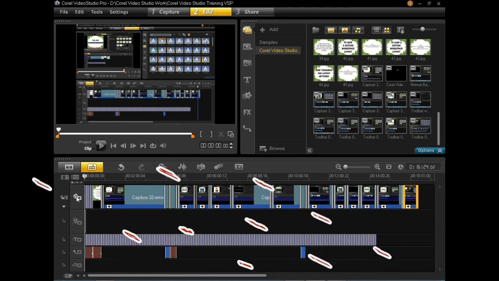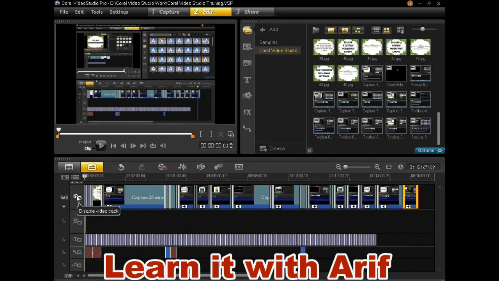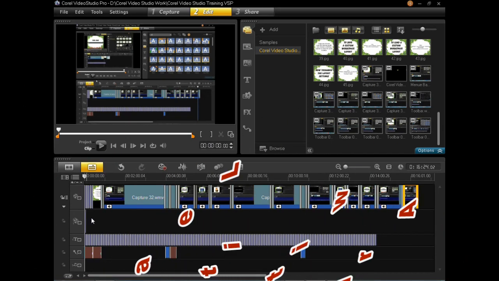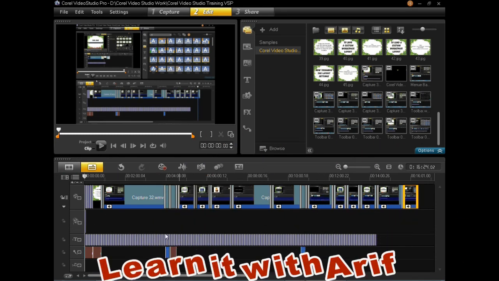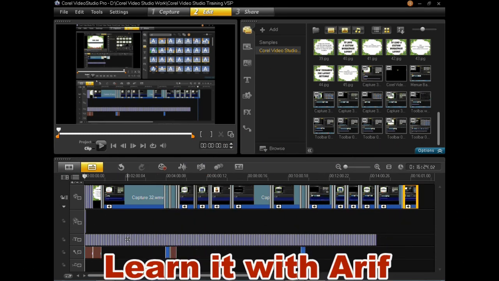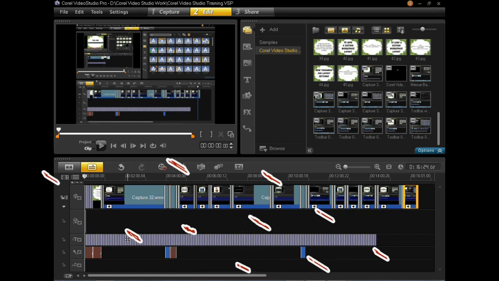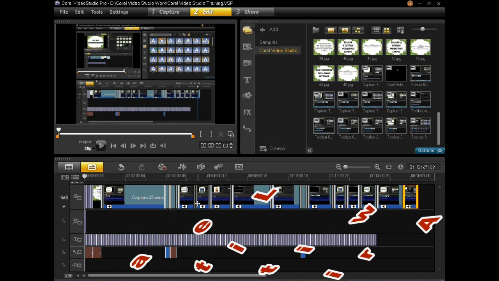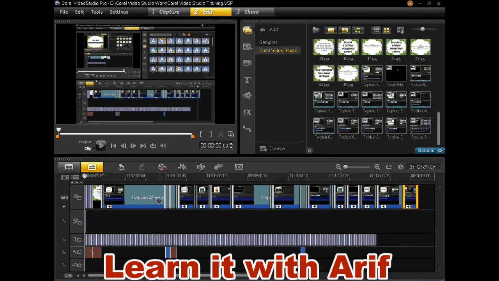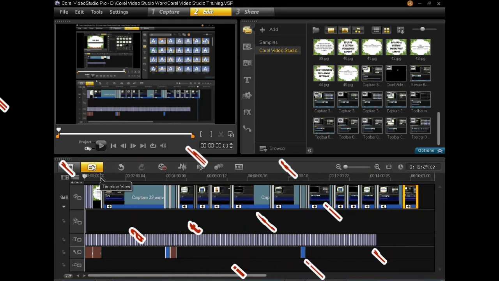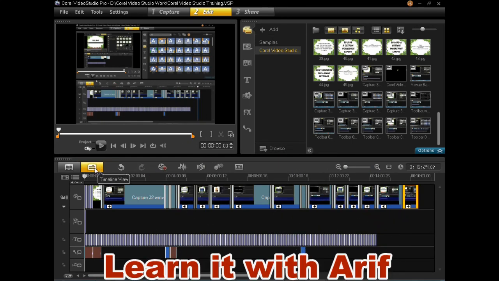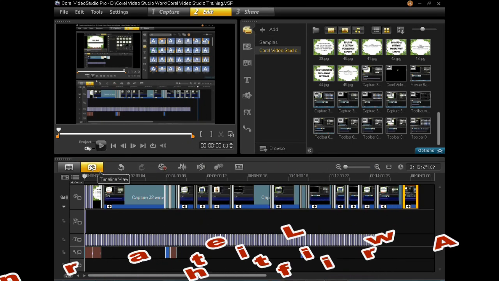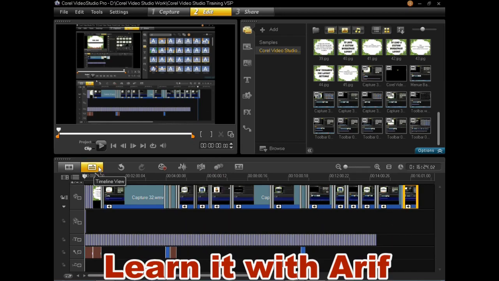Along with, we can see our tracks, video track, audio track, and title track and music track. You can see this is the view of timeline view. Click this button for timeline view.